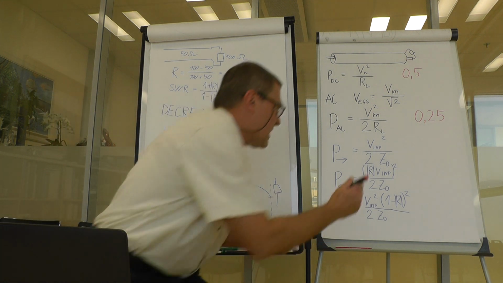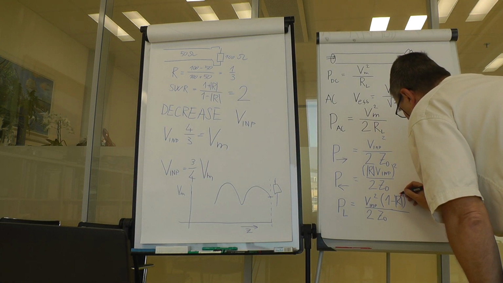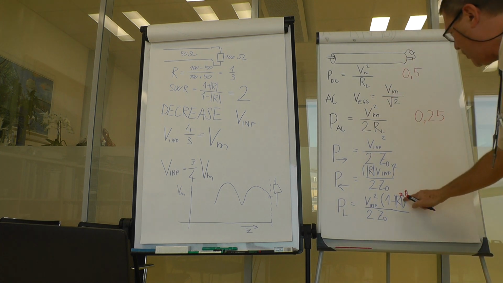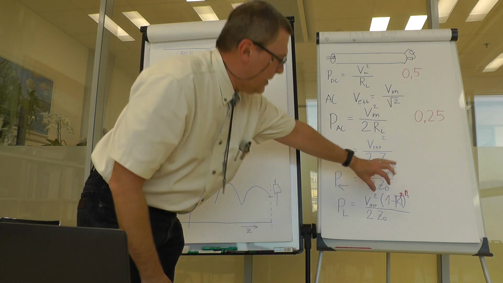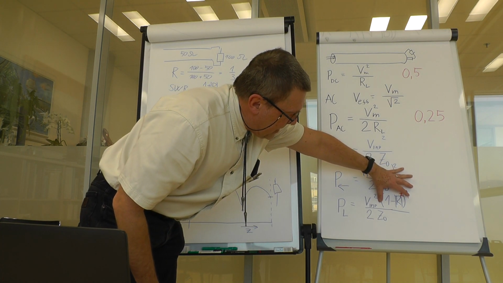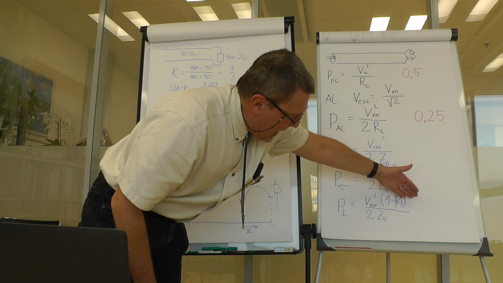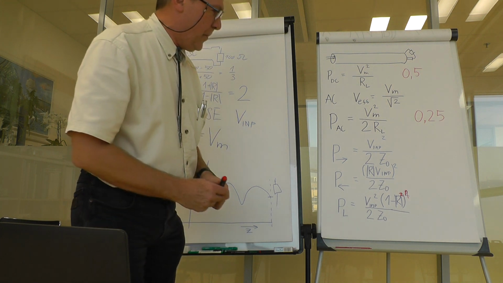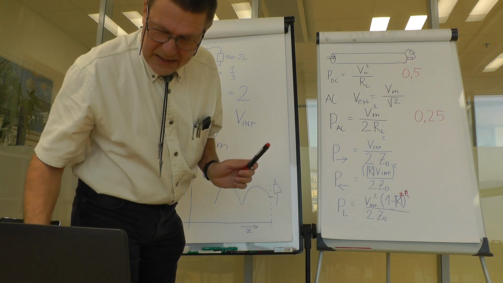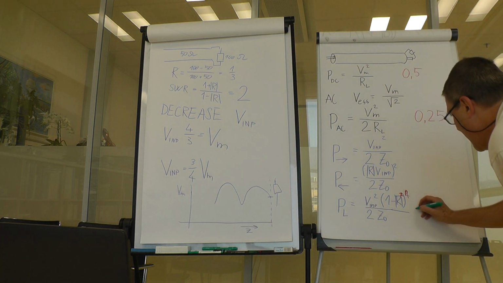sorry, there is a mistake. It should have been like this. The square should be here. So this bracket is 1 minus 1/3 raised to the second power, which is 8/9 of the input power. That seems very good so far. So we would have